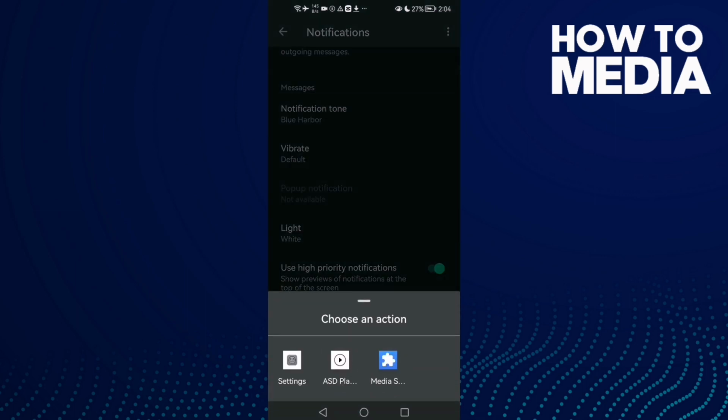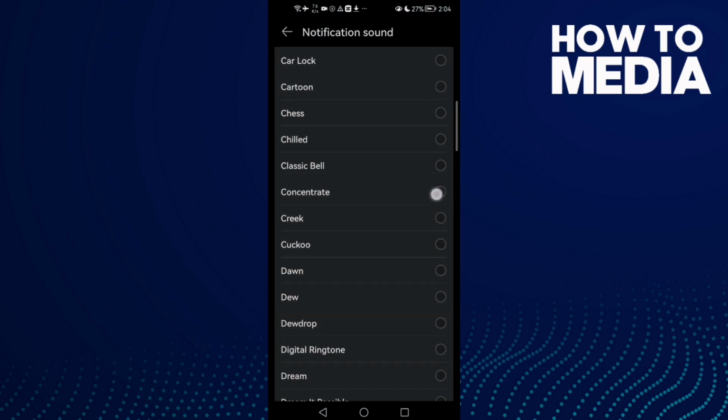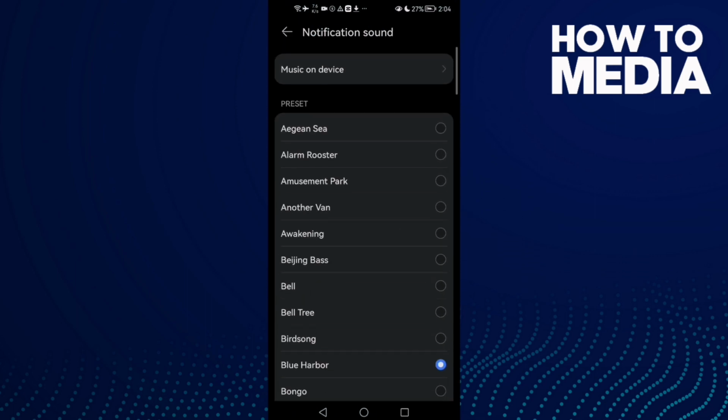Click on it and then select here anything you want. Click settings, and here just select any tone you want,